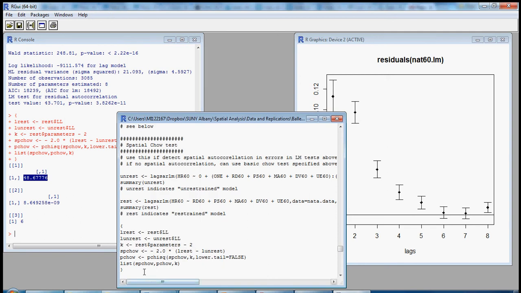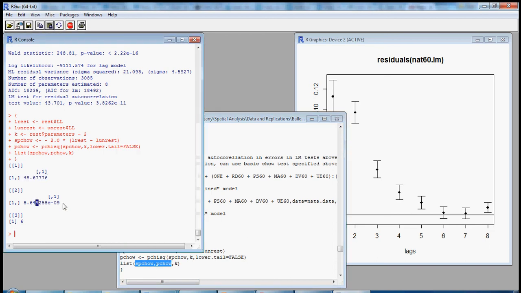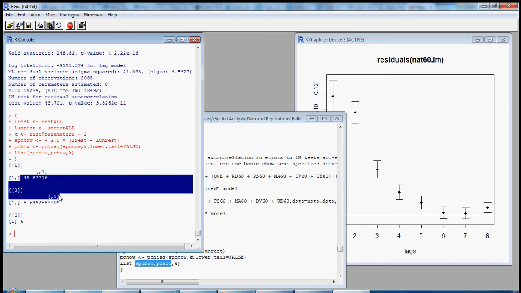So again, you're printing the Chow test and its p-value, and then the degrees of freedom is the third variable. But these are the two outputs that we're most concerned about. Again, this indicates that we can reject the null hypothesis of coefficient stability. The coefficients appear to be unstable across the two regimes, again motivating the spatial regimes approach taken by